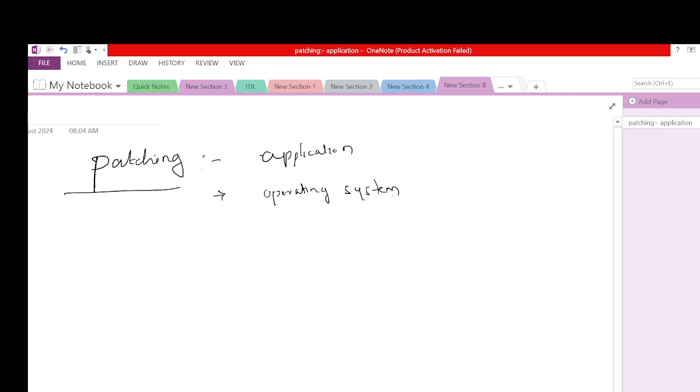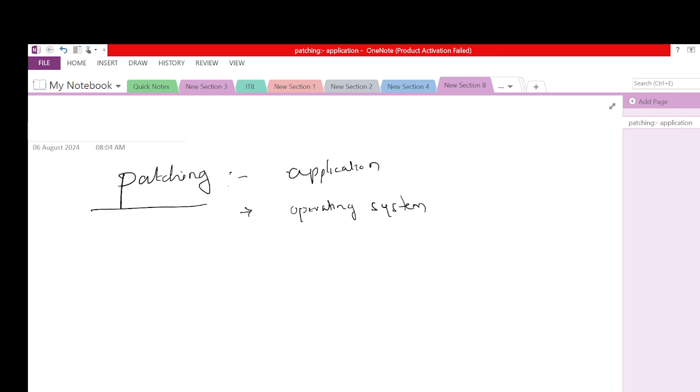So you may ask a question, sir, why do we need to do the patching activity? If you are not doing the patching activity, what will happen? Every company has their target to release the product as soon as possible. They have to meet the deadline, and there should not be any breach in the deadline. For example, you are working as a developer on the Facebook application, maybe the story section, and you have a 15 day deadline. Your job is to write the code, do the testing, and publish the code within 15 days.